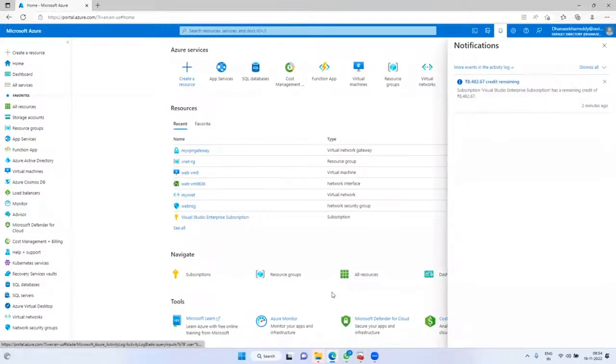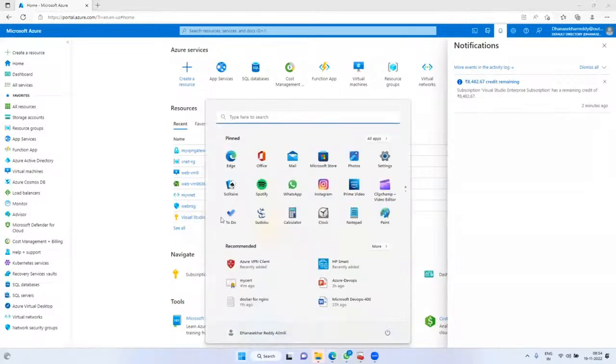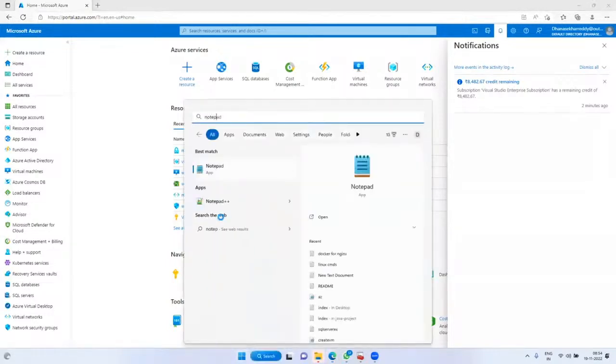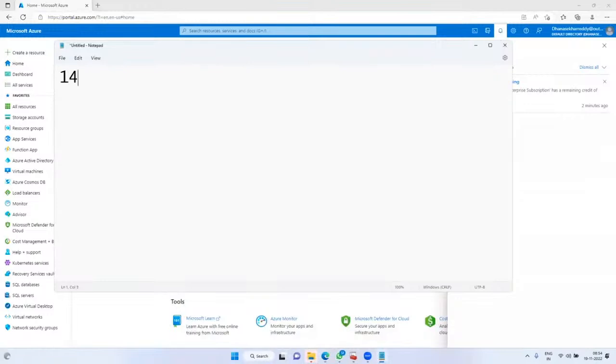That is point number one. Point number two, I said, by default you will get 14,503 credits. Am I right? Clear? So you have created one virtual machine.